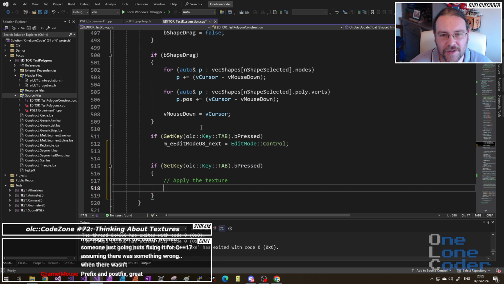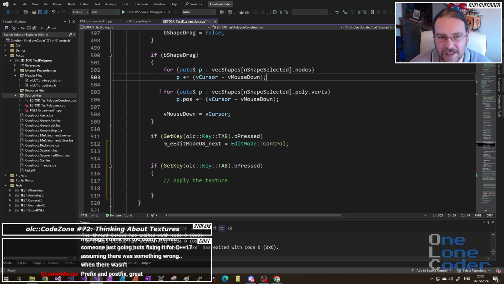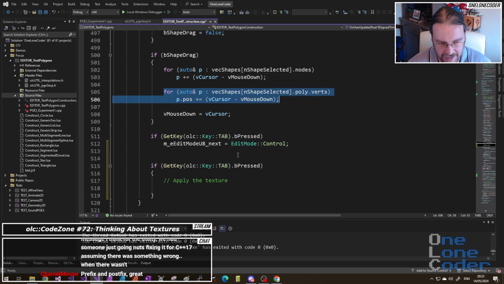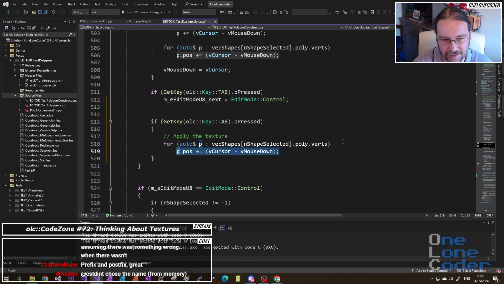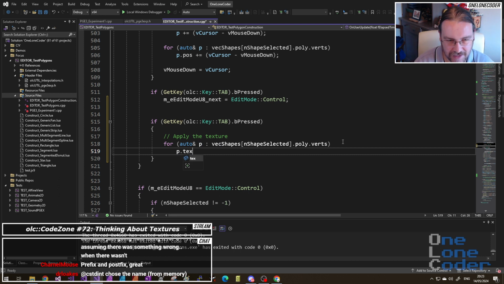So we want to make a few things. It looks like we can actually iterate through some stuff already here. Let's see if this works. So our auto p of shapes poly.verts, that will have the texture component. Those verts are in world space, don't forget. They're not local to the shape. So we're already kind of there. We just need to set the right thing. So p.tex equals,